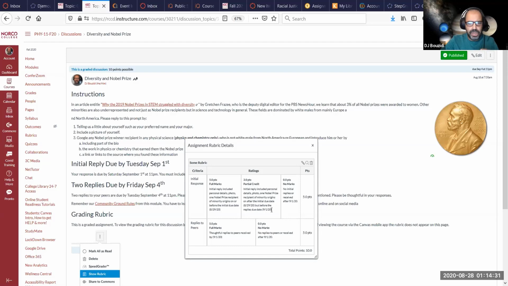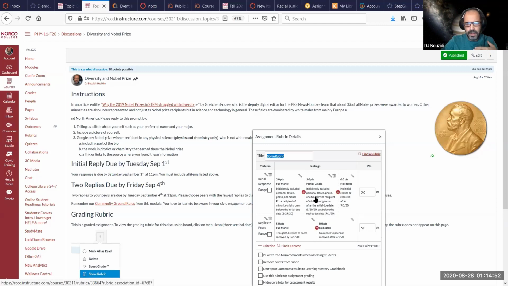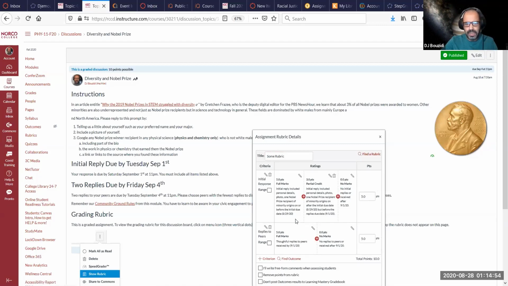Please ignore these dates, go by these dates, okay? The rubric has the dates from the previous assignment, assuming that we met from the first or second day, and that did not happen. So the deadlines are here, not on the rubric, okay? And I'm going to change this rubric, as a matter of fact. So probably I should do it now, can I? Yeah, let's make sure that this date, the initial date, is actually